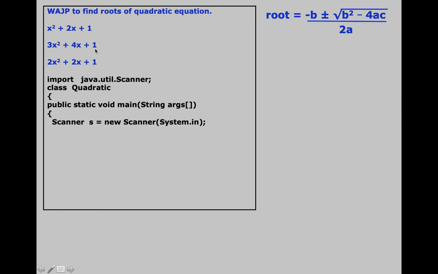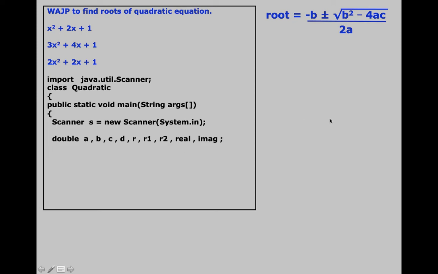So accordingly, I'll declare variables a, b, c, and there are a few more variables. Their usage you will understand later on. Some of you must be wondering why these a, b, c are of data type double. Don't forget that instead of 3 you can also have 3.5, 4.8, 1.7. That's why they are of data type double. By the way, these a, b, c are called coefficients of the quadratic equation.